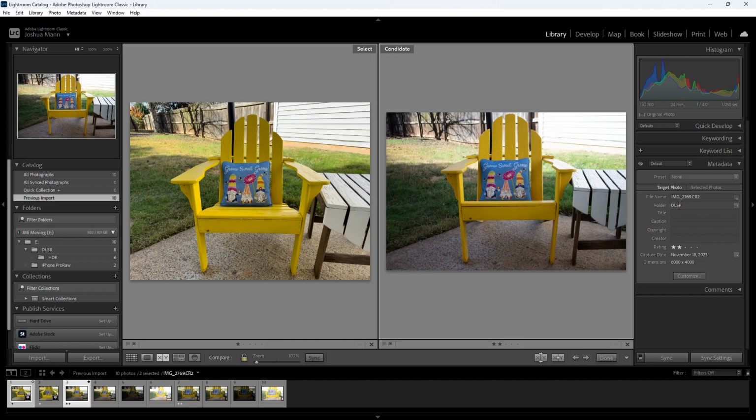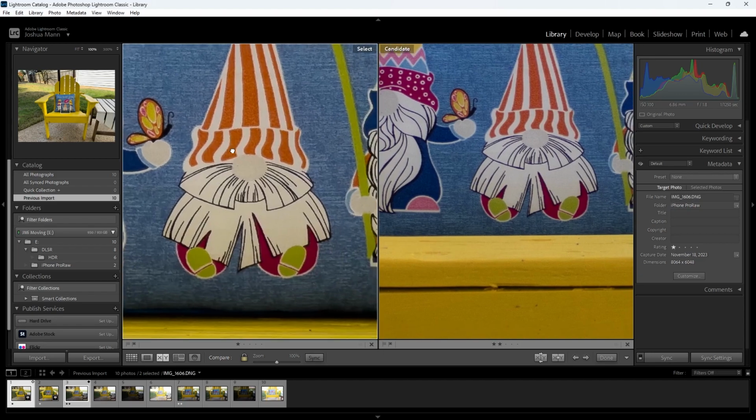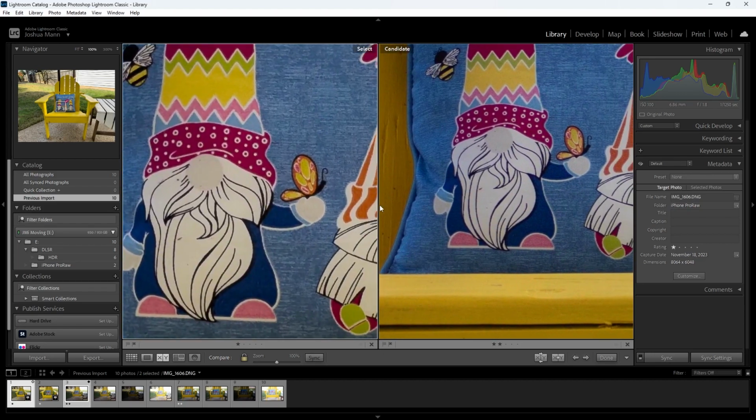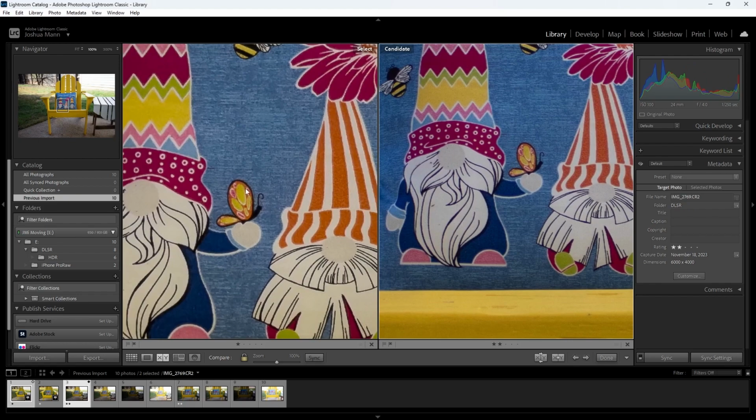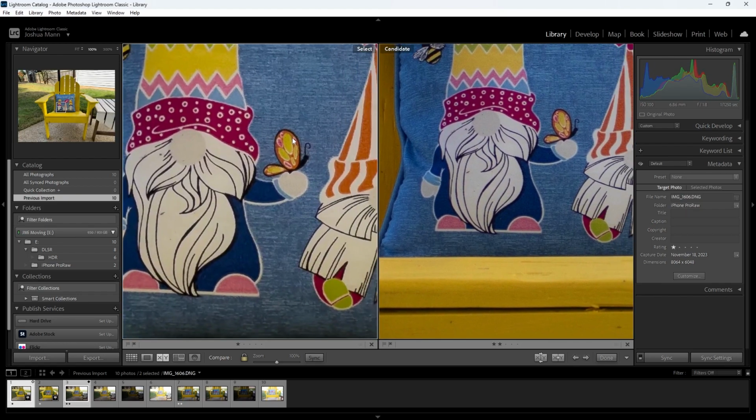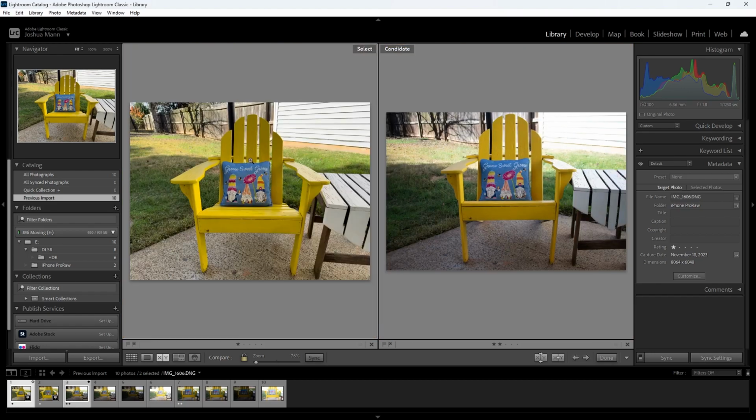And you can see a lot less of the background on the DSLR image than you can on the iPhone. It's almost like the iPhone is shooting the wide angle and the DSLR is shooting the telephoto, even though they're both at 24 millimeter. Yet the gnome appears way larger in the iPhone image than it does in the DSLR image. So this is really interesting. I want to believe that the DSLR is the proper 24 millimeter